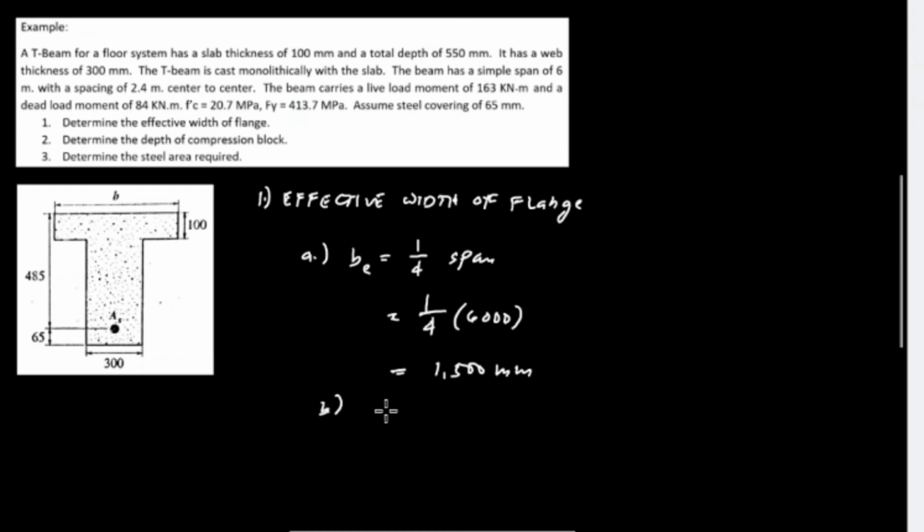Next, to find the effective width of the flange, we have the formula B effective is equal to